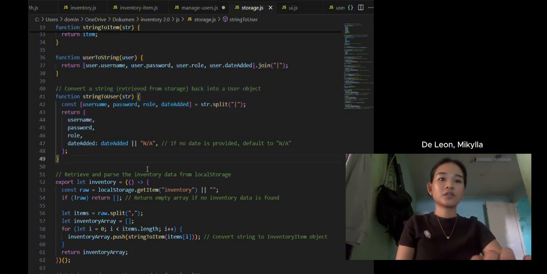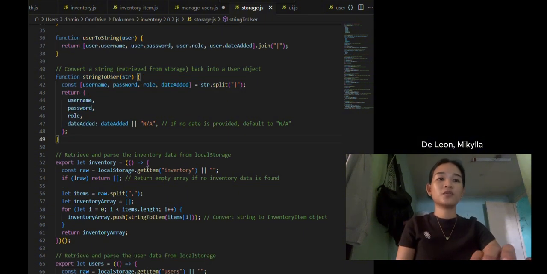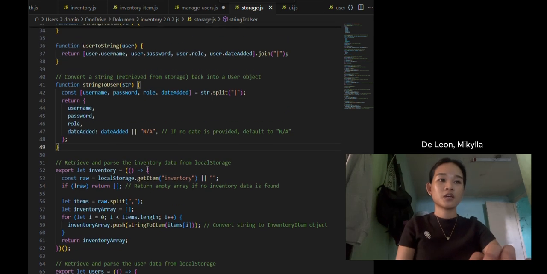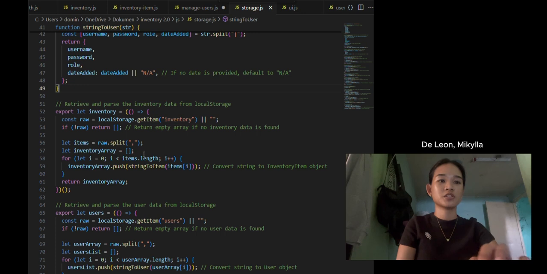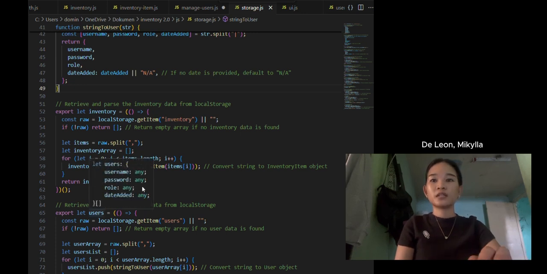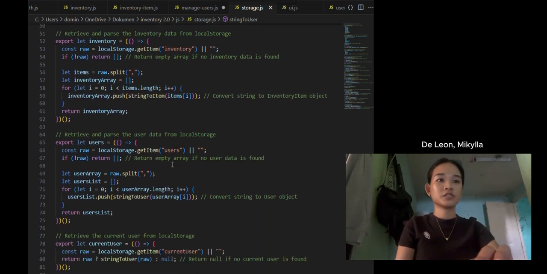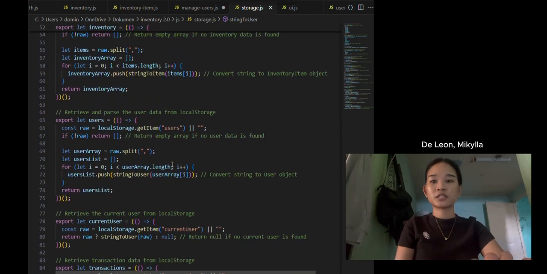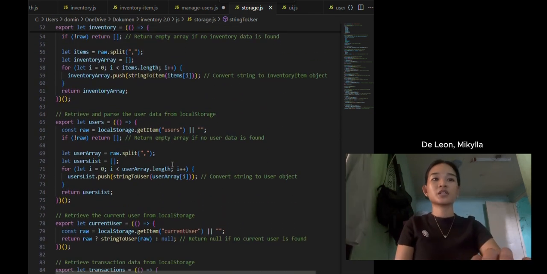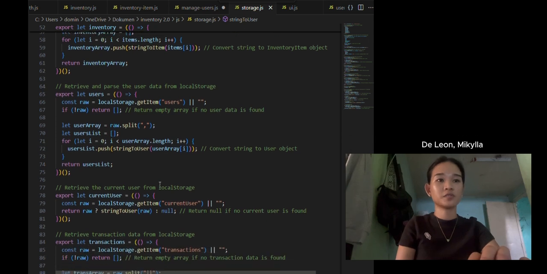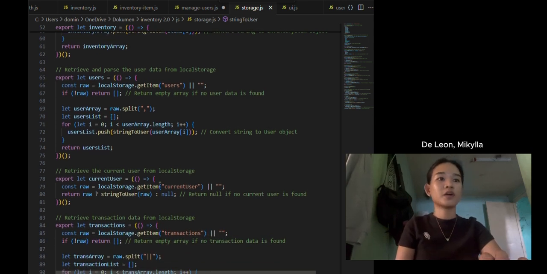And when we talk about data retrieval, immediately invoked function expressions are used to retrieve and parse data from the local storage upon module initialization. This export line, inventory, users, and also the transactions, retrieves and processes their respective data, converting stored string blocks into usable objects or arrays. If no data is found, this will return empty arrays or null, ensuring that the application can handle cases where